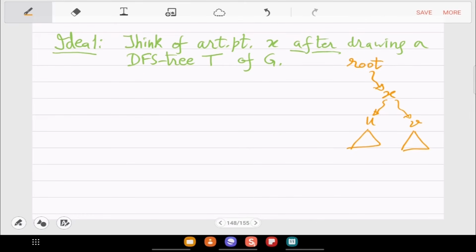So instead of going over all the cases, we don't have so much time to draw everything. Let us just fixate on this case and think about what it means that X is an articulation point with respect to this pair UV. If you delete X, then there should be no path from U to V. You already know that these triangles don't have a path, right? These are different parts of the tree, so there is no edge here. But there may still be edges of this type.